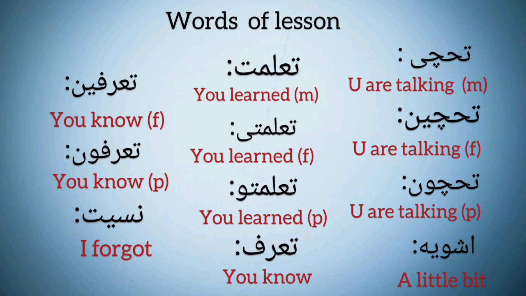It's the present tense. تحكين. We say this for a female. أنتِ تحكين. You are talking or you are speaking. تحكون. We say this for plural, for a group of people. You are talking, you are speaking. Not only can we use this for masculine plural, but also for co-educated people, men or women who are in the same place.